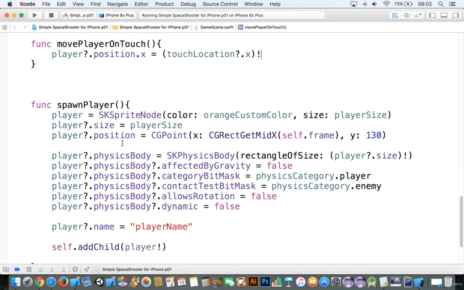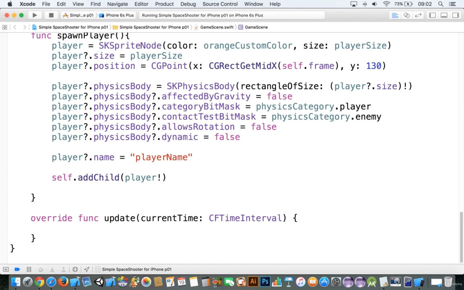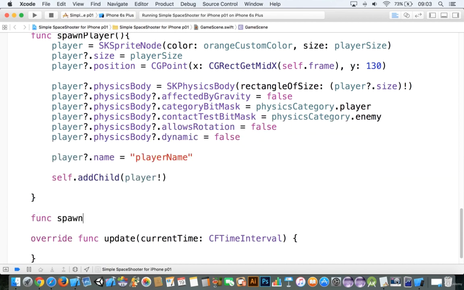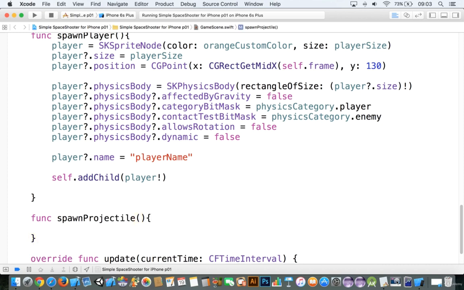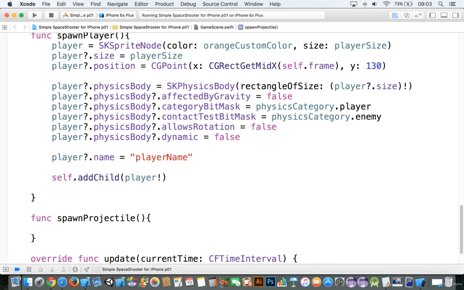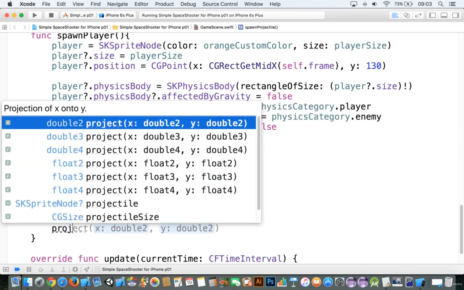Let's go ahead and spawn our other items here. All right, so let's add in a function. We'll call this spawnProjectile. And within here, we'll spawn a projectile. So we'll say projectile